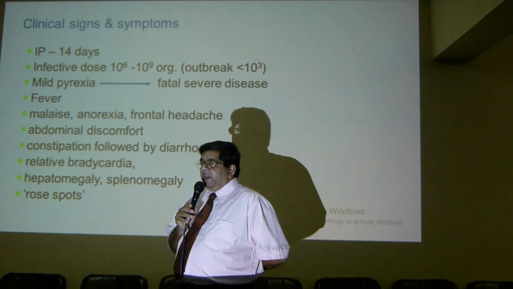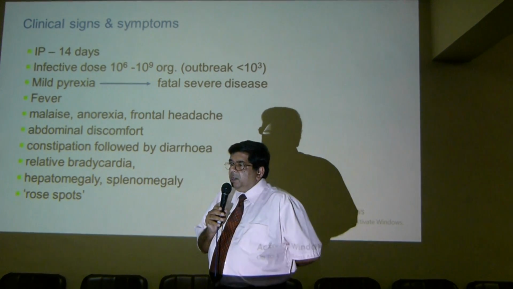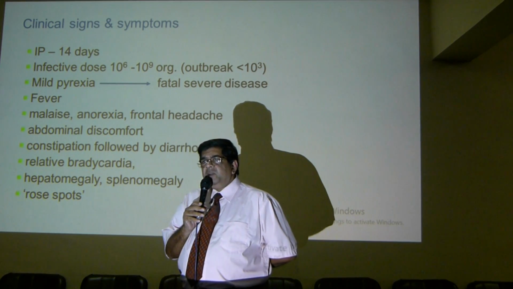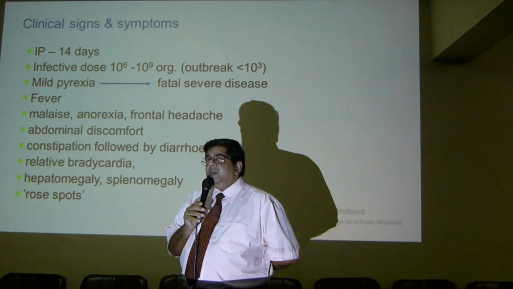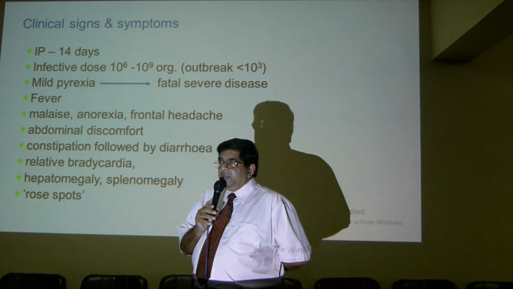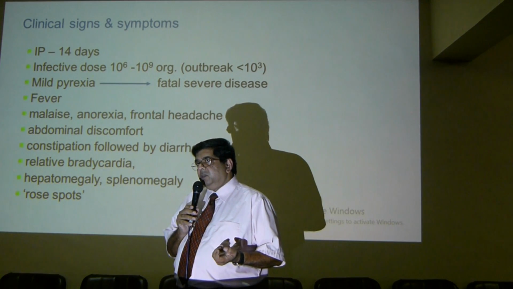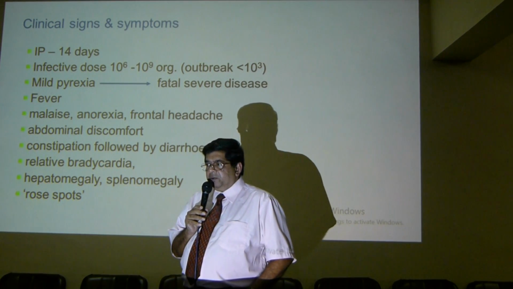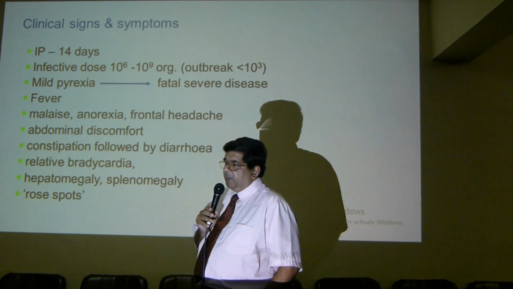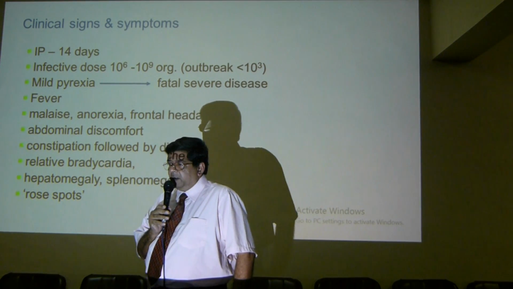The disease itself could be a mild pyrexia or a severe fatal disease. Fever, malaise, anorexia, frontal headache, abdominal discomfort, these may be the prodrome, constipation followed by diarrhea, and then relative bradycardia, that is where the rise of temperature doesn't correspond to the rise in the heart rate. So ideally with the rise of temperature there should be a higher heart rate, but it is relatively low,